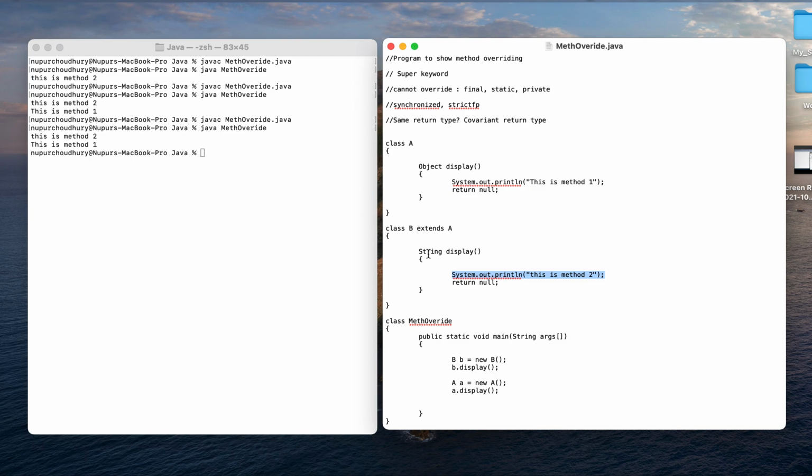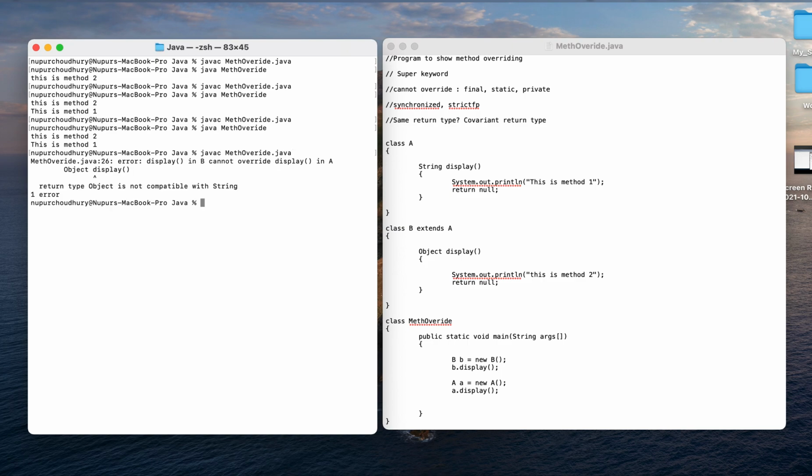Now let me reverse this particular return type, String and Object. Is it possible that I get the output now? Let me see. Whenever I compile this, it automatically throws an error which says that display in B cannot override display in A, because the return type Object is not compatible with String.